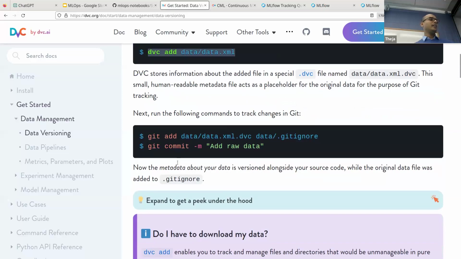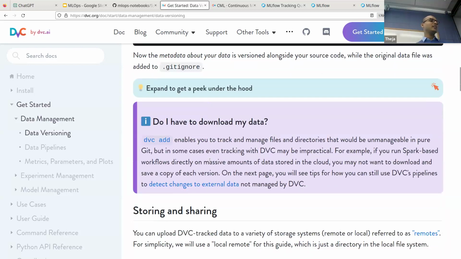Okay, and then basically that .dvc file is created, and you want to kind of just save it into your Git. So now we're back to Git, remembering that this was the data that we want to snapshot now. So we're not directly saving the data in Git. We're just saving some sort of signature of the data in Git. Okay. After that, you can just delete that data if you want. But obviously deleting data if you don't have another copy is not good. So the way you would do it is you can